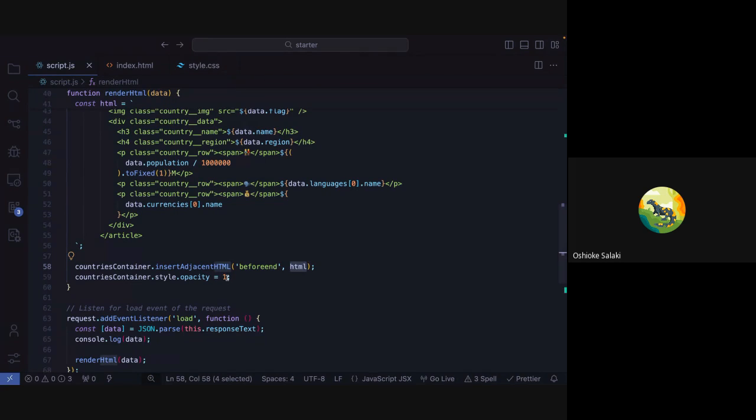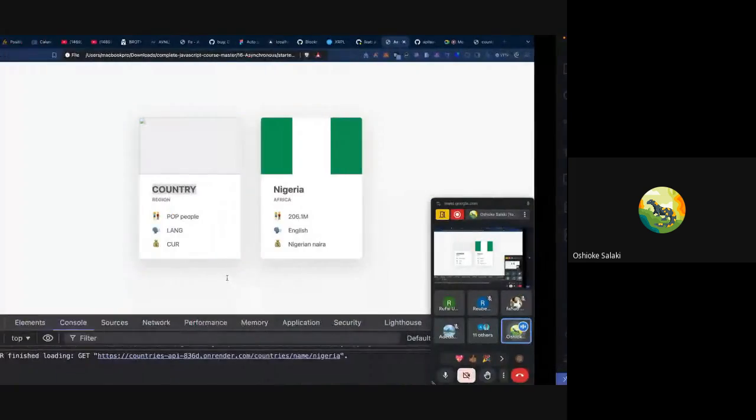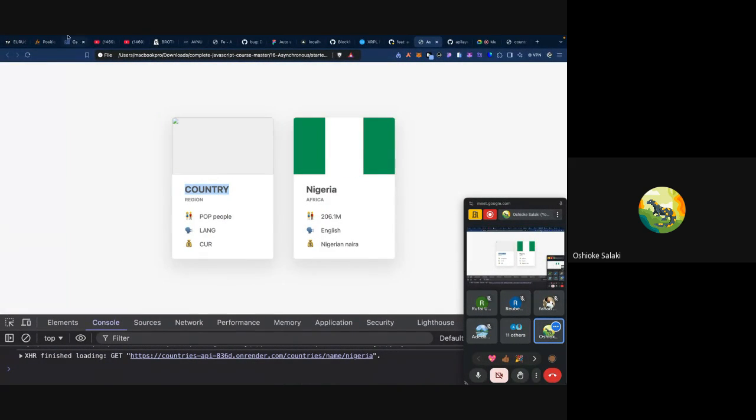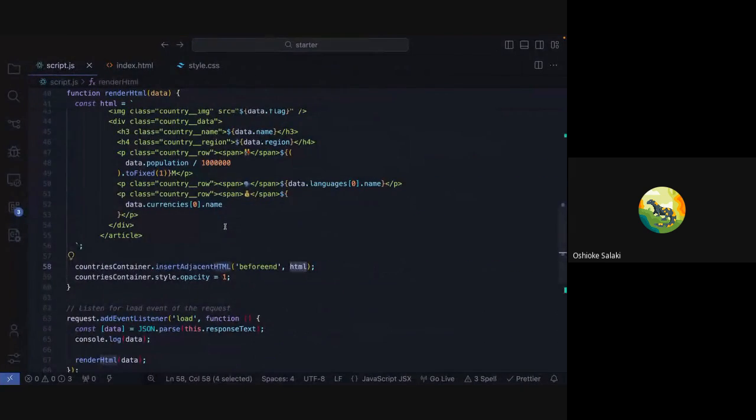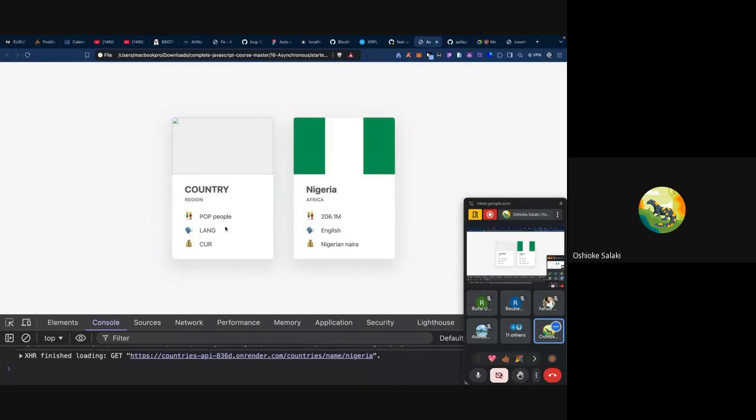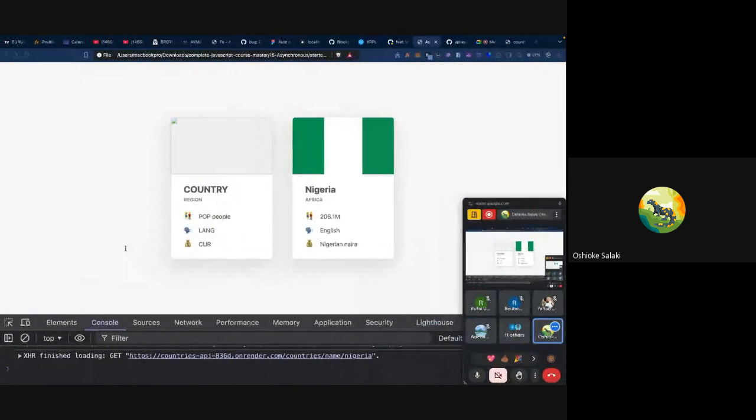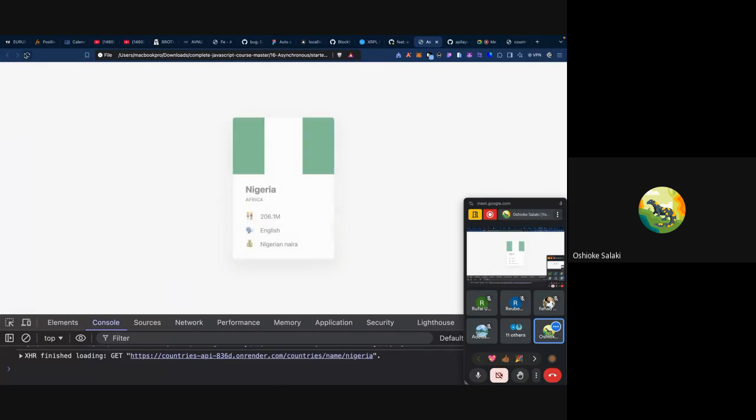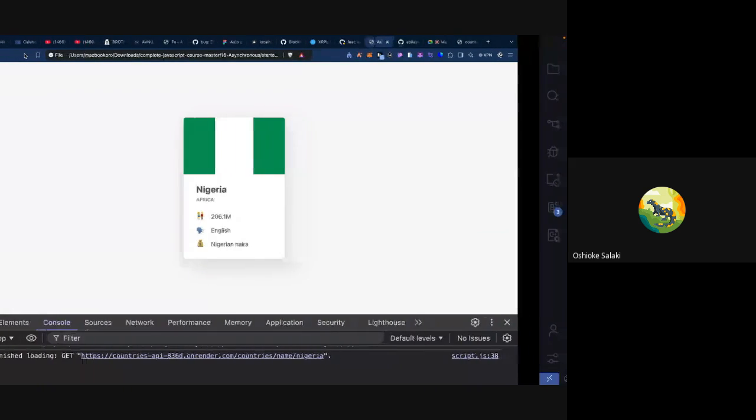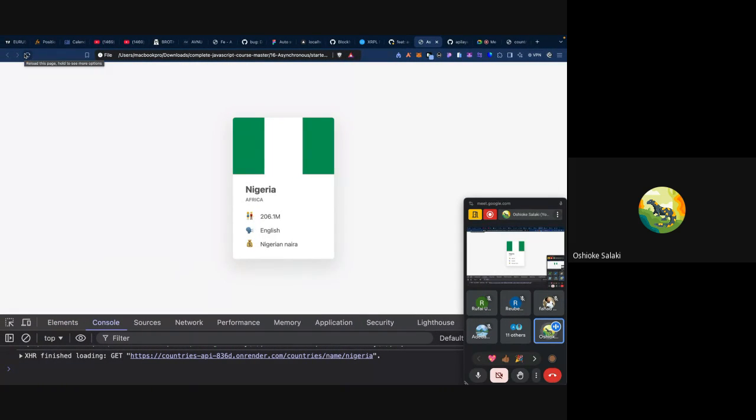Is it clear? Yes, sir. Okay. Does anybody have any other question? If there's no other question, we can move on to the next aspect, which is